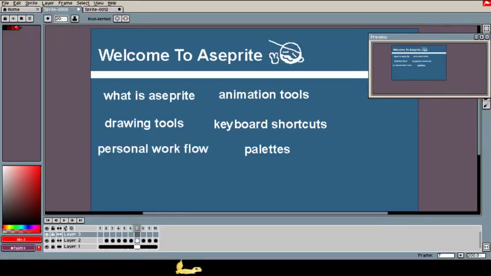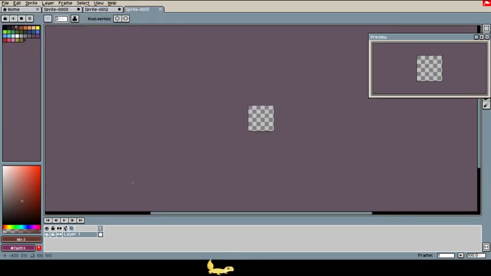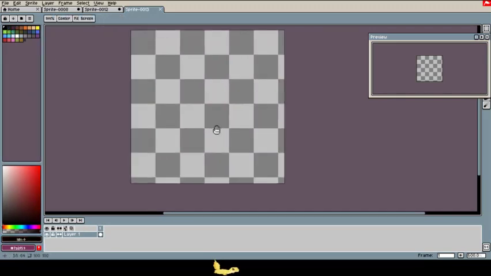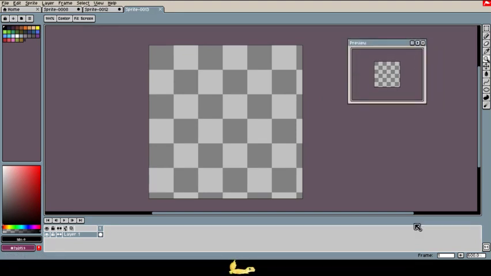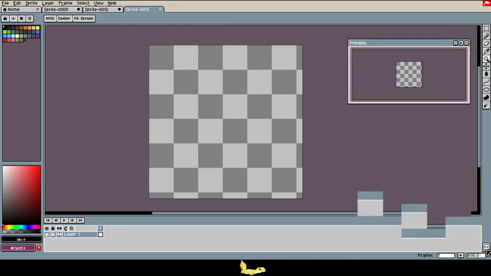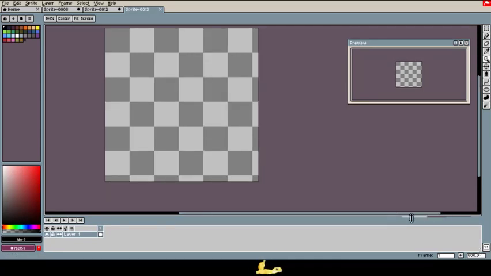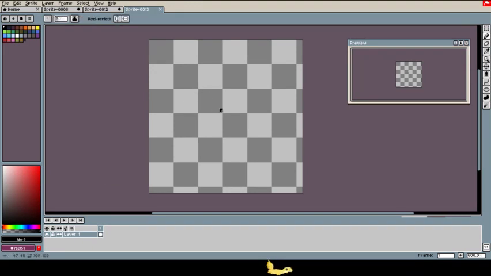So, my personal workflow. Here we go. Let's go over here. Okay, let's actually make a new one. One thing about the preview that you should know is if it ever goes away, like if I close it, you can come down here and click this, and it comes back and goes away. It also does some weird stuff with the screen sometimes. So usually when I'm working,